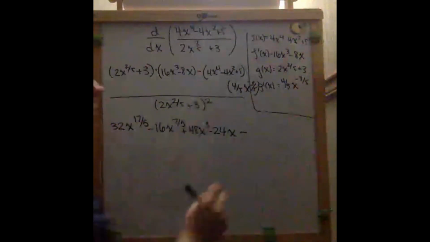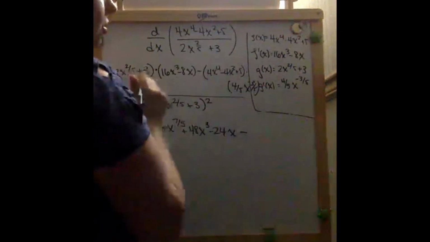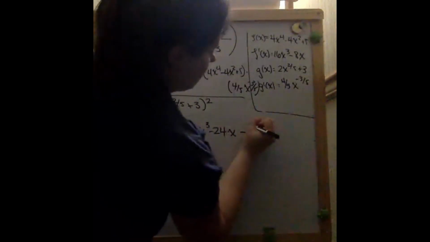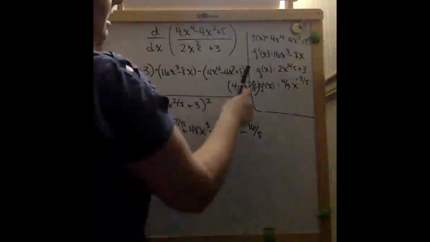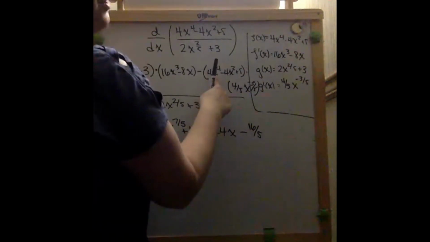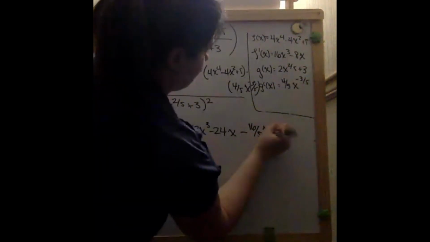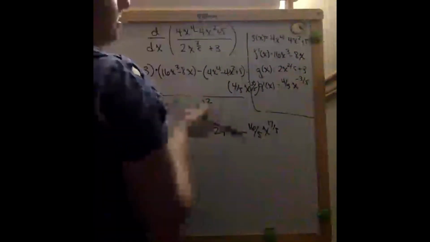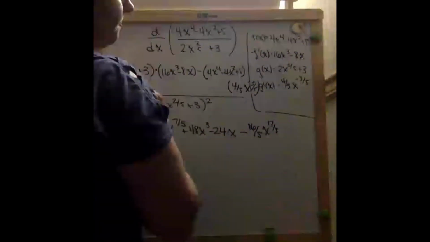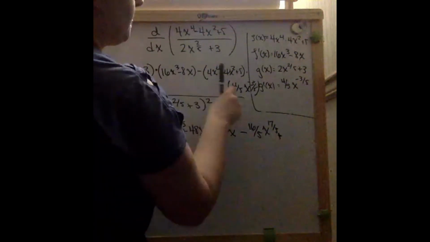Minus, we have the 4/5 x to the negative 3/5 distributing into that trinomial here. So 4/5 times 4 is 16/5. X to the negative 3/5 times x to the 4th. 4 is 20/5. That gives me an x to the 17/5 because we have to subtract them. Again, this is 20 over 5. This is a negative 3 over 5. Plus, because again, the double negative here,